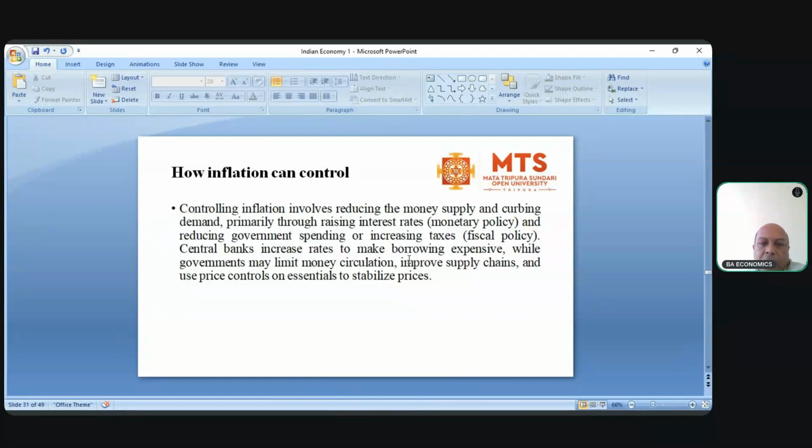At the same time, the government also looks after the production side for reducing inflation. Many times inflation happens due to lack of production. So while the inflation rate is high, the government tries to increase production of goods and services within the country. Many times, if production is not possible, the government tries to import products or services from other countries. If imports increase, then inflation will also decline. The price of goods will decline due to increasing supply of goods and services in the market due to import